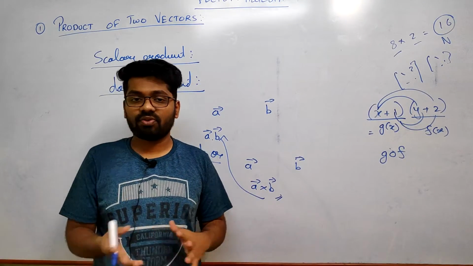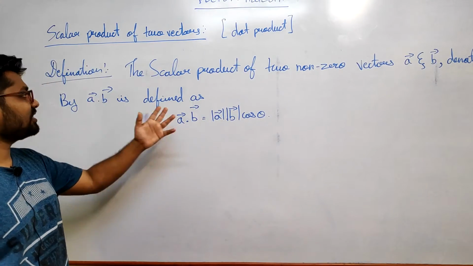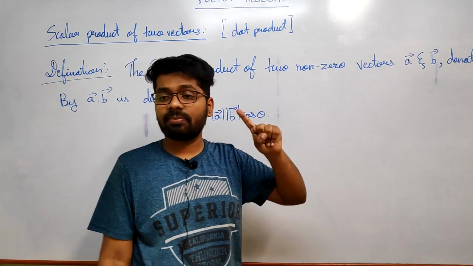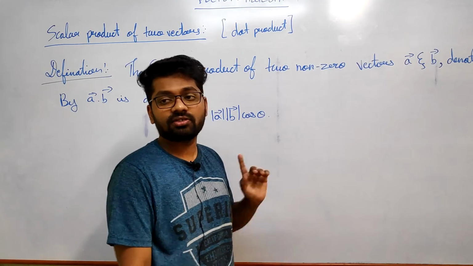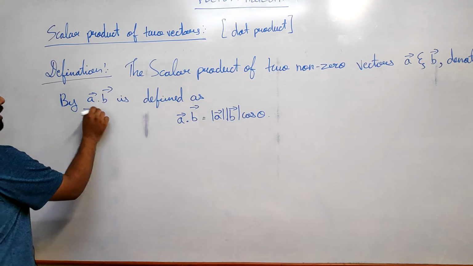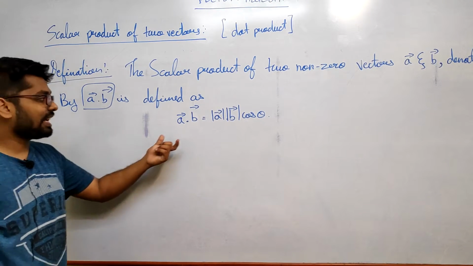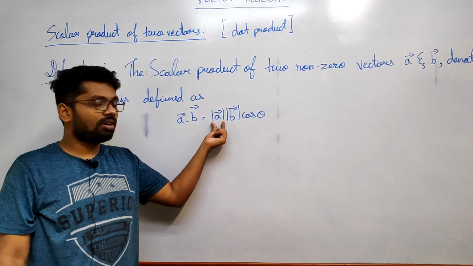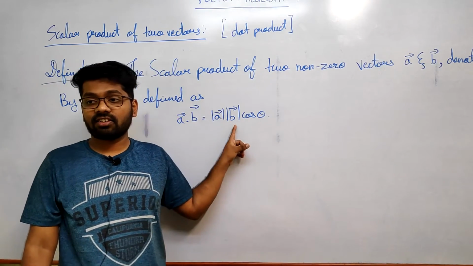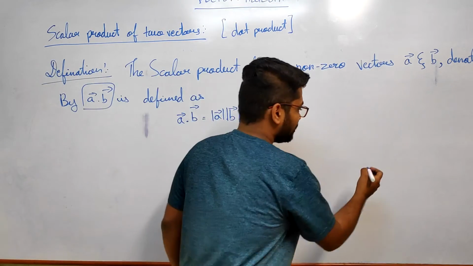We'll see definition formulas also. So here is the definition of scalar product. See, what it says is the scalar product of two non-zero vectors. The vector should not be a zero vector. If it is a zero vector then it is not valid. That we'll see in observation. Vector a bar and b bar is denoted by a bar dot b bar. This is how you denote it, and its definition is a bar dot b bar is equal to modulus of a bar into modulus of b bar cos theta, and here theta is the angle made between two vectors. Now where is your angle?